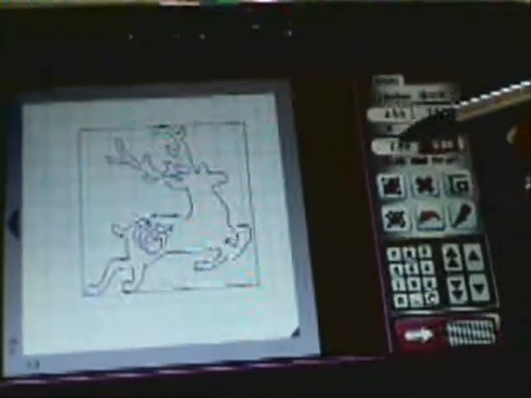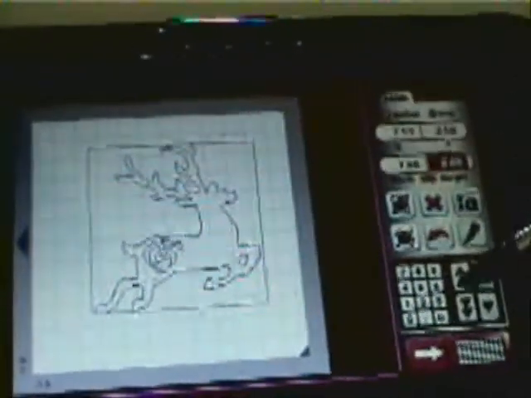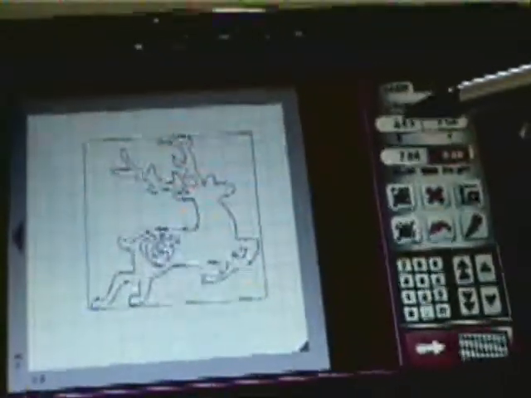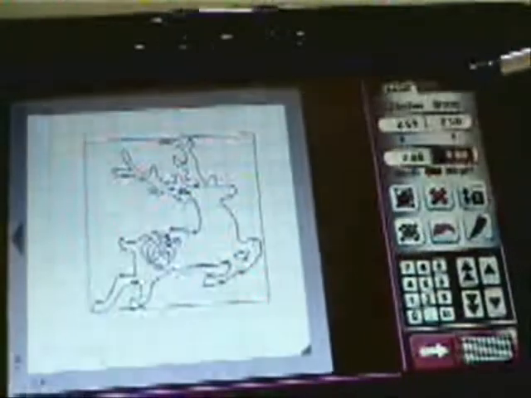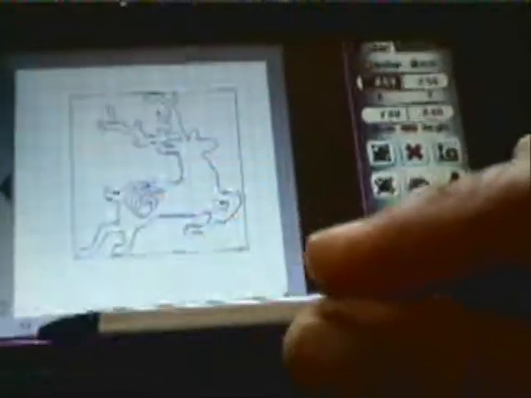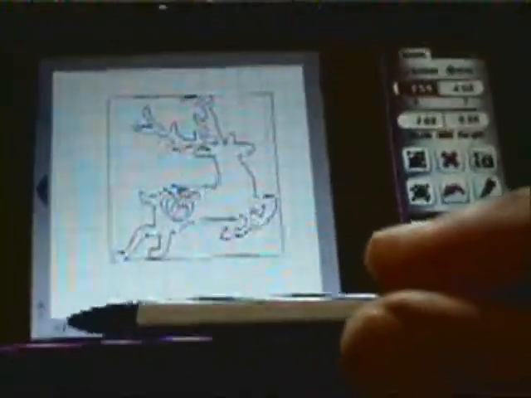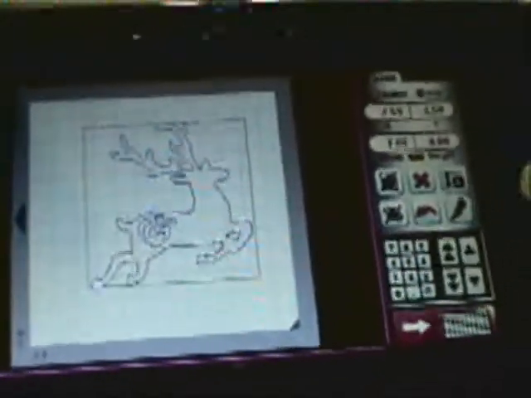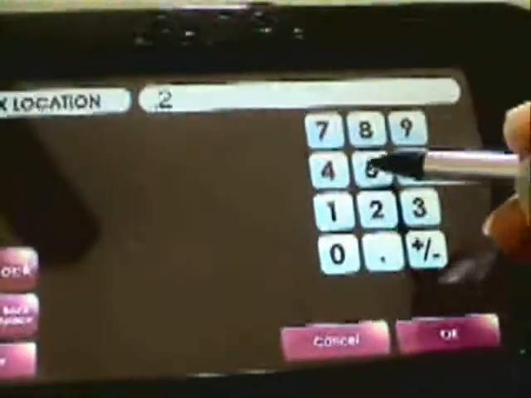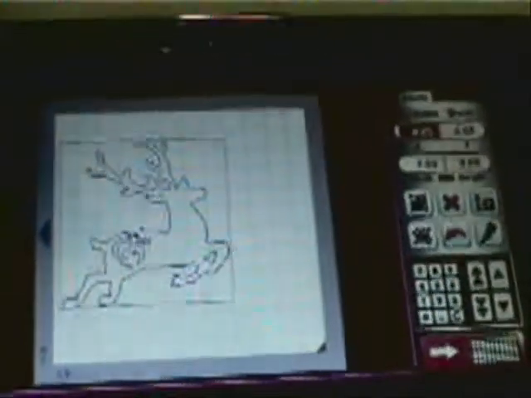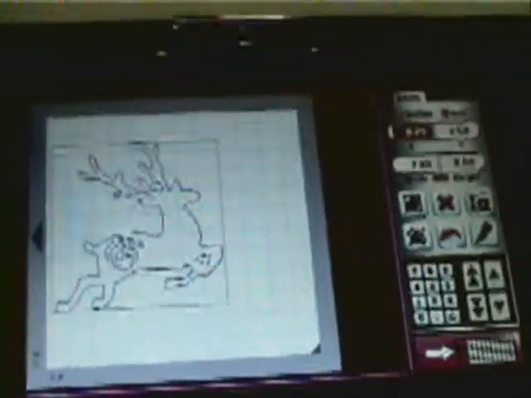Suppose I want to change the width. If I click on the width, it will bring me this number pad. And if I want to move the deer to the left of the mat, I can click on the X, and as you can see, the X and Y are the positions of X and Y. So if X is 0, or let's say it can't be 0 because it will not cut, so it should be 0.25, I can just click and type 0.25 and click OK, and I can find that the deer has moved to the leftmost position.